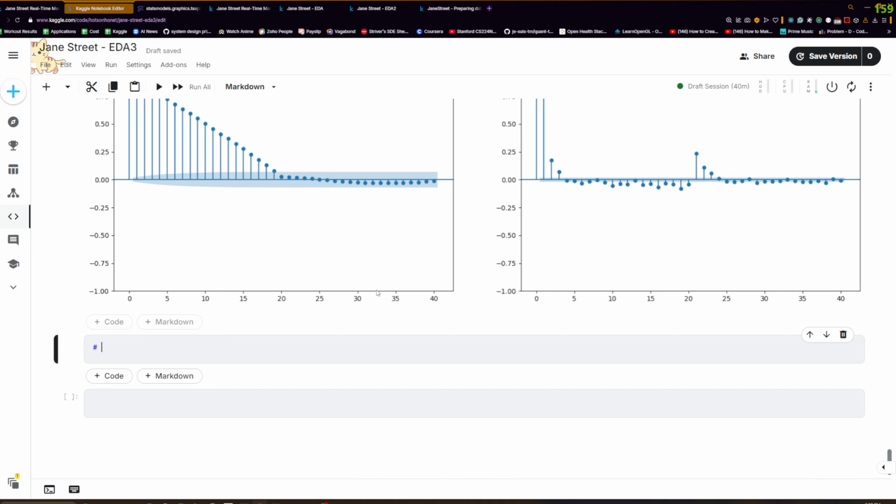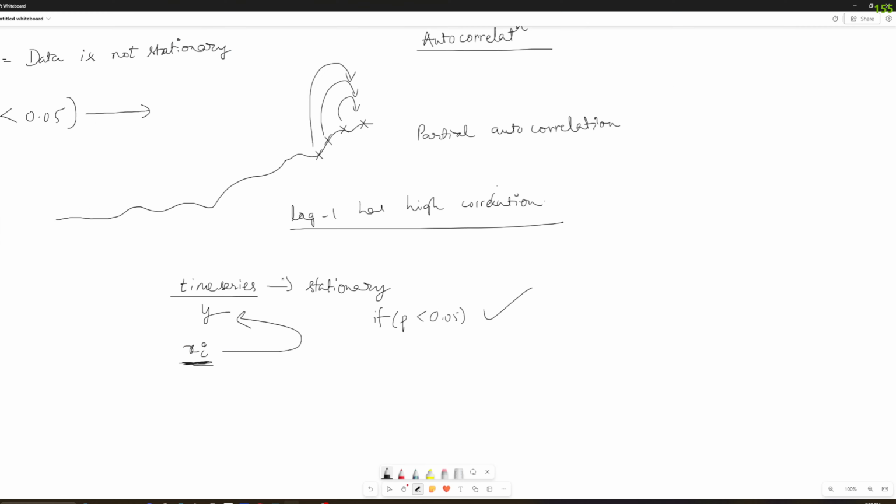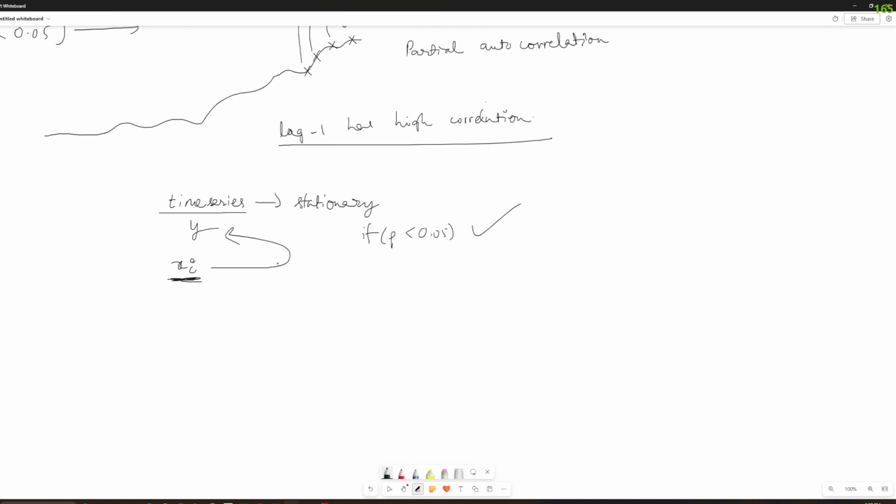So yeah, let's conduct a Granger causality test. Okay. Now, how does this work is, you have some Yt, and since this is stationary, so it's